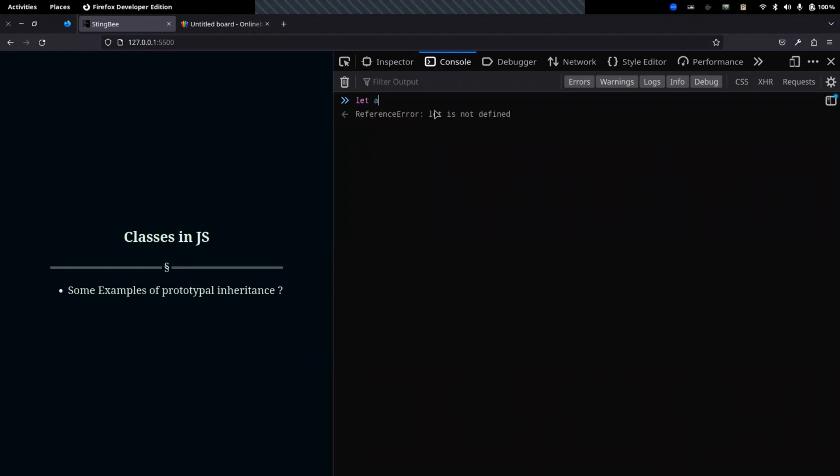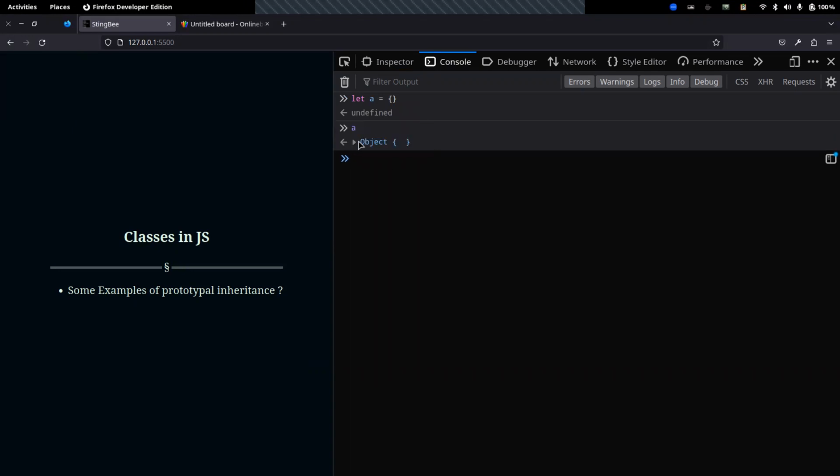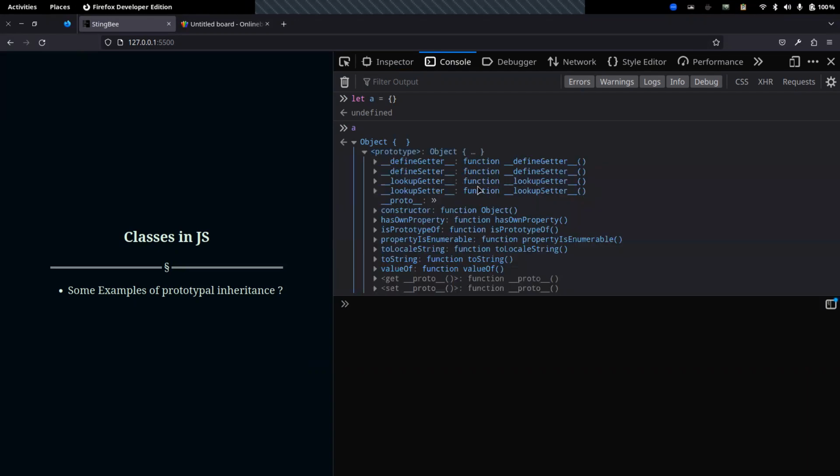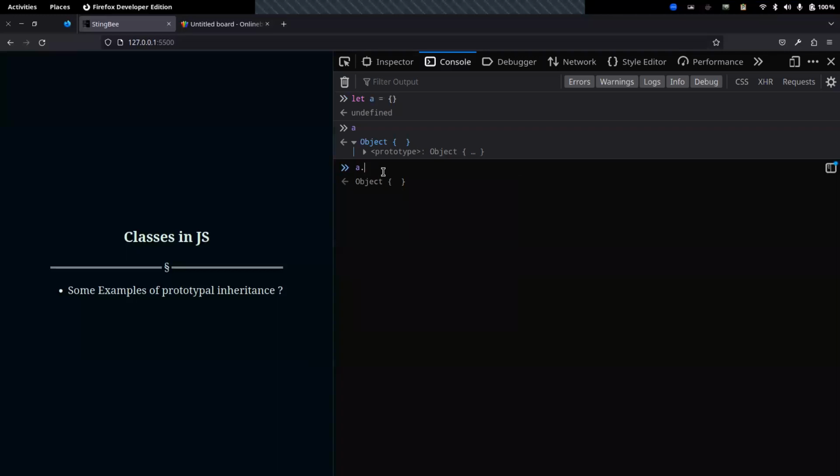Let's say we create an empty object and try to see what an empty object holds. If I print this object, then it should have no properties, but it has a prototype. And what is the prototype? We can expand it here, or a different way to access a prototype is a dot underscore underscore